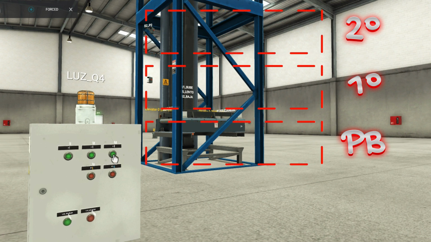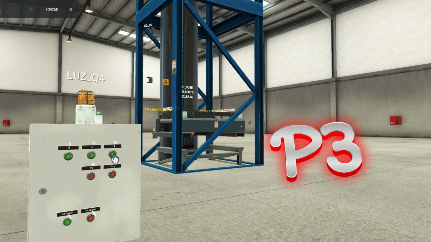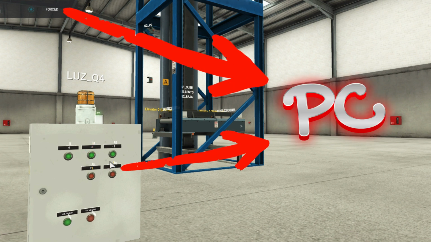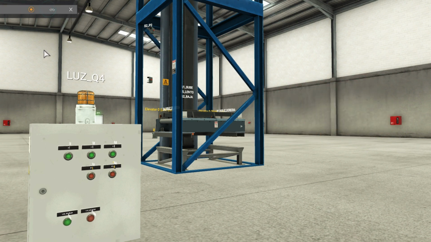Starting the system on the ground floor, we will press the button on the second floor, equivalent to button P3. Meanwhile, we'll keep the door open button forced, and you can see that the motor doesn't activate. We'll press the P2 button, equivalent to the intermediate floor or the first floor, and you'll see it still doesn't